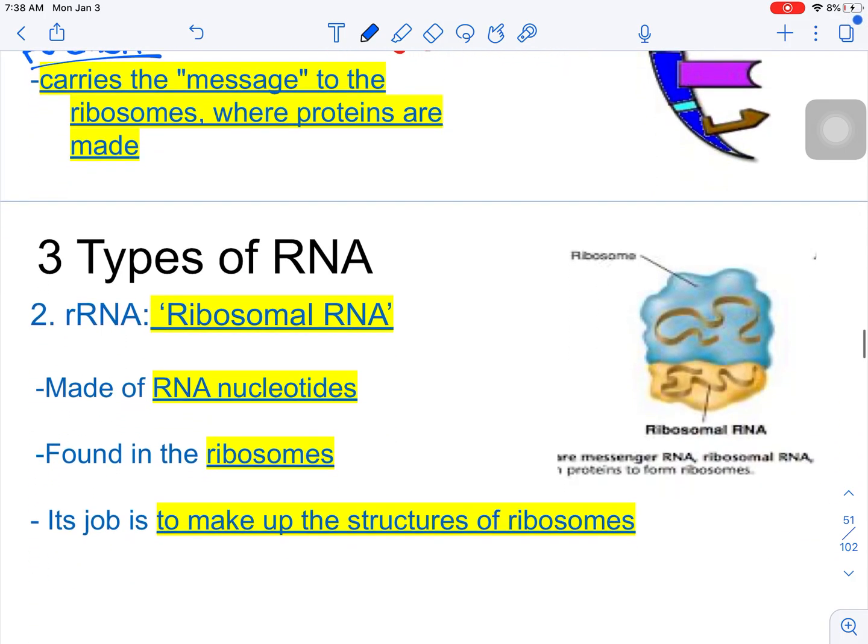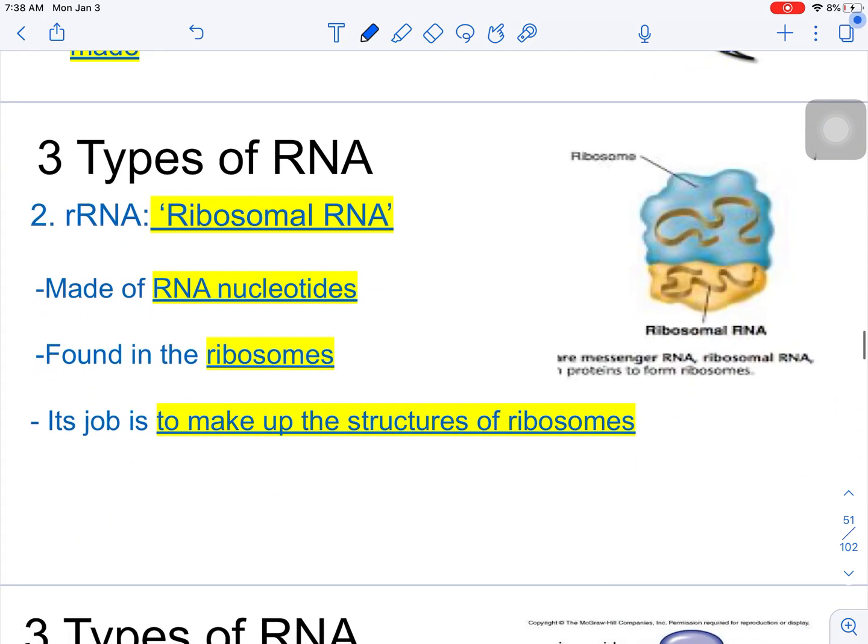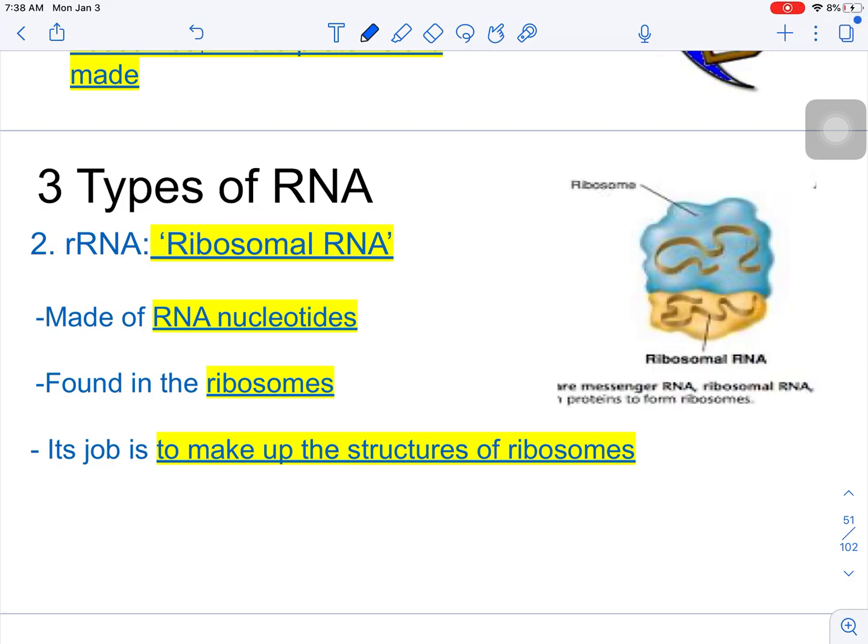So the second one is ribosomal RNA. And just like the name suggests, this RNA is the one that's found in the ribosomes. So ribosomal RNA is also made of RNA nucleotides, but its job is to make up the structure of the ribosomes. So this ribosome molecule right here is made of ribosomal RNA, that's what these little strands are, as well